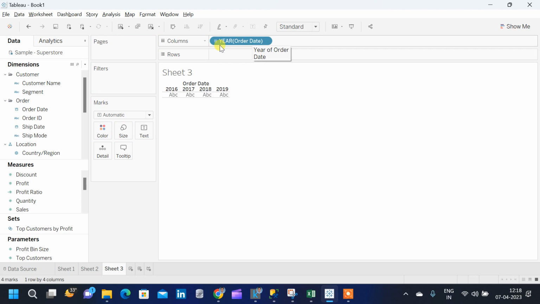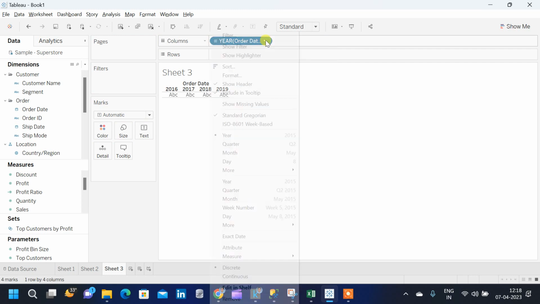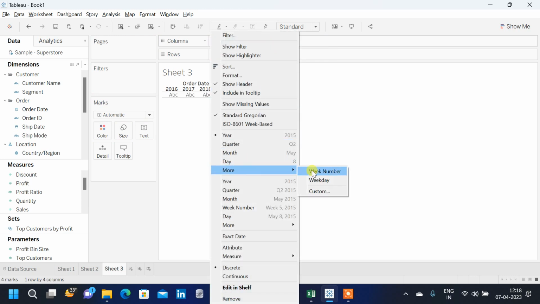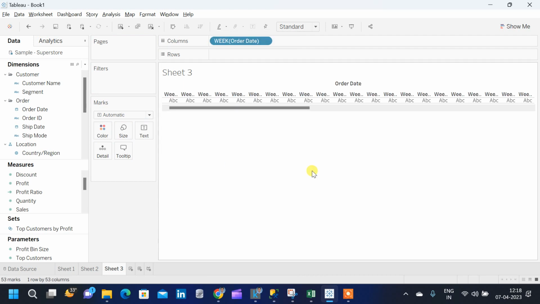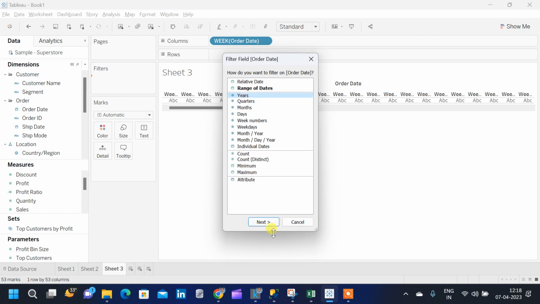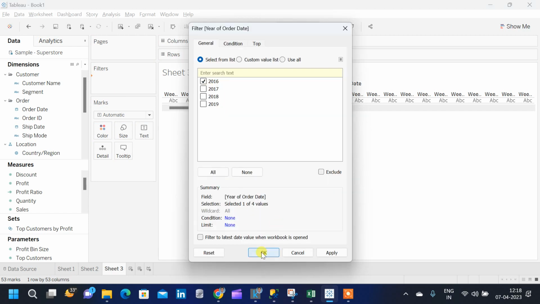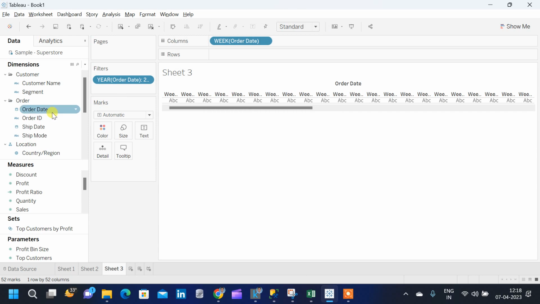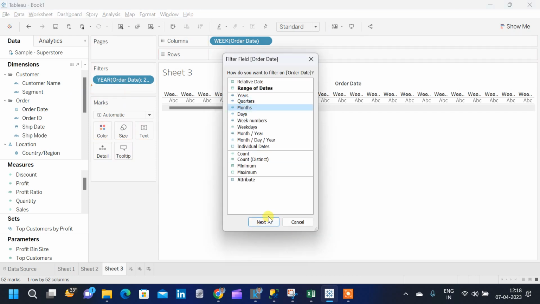because on the column section, instead of the year, I am going to change the year section to week numbers, because on a calendar obviously we have in the column week numbers and on the row side we have weekdays. So here on the column section we want week numbers, and before dragging and dropping the weekdays to the row section, I'm going to filter the data for a particular year and for a particular month. So we'll take the year 2016